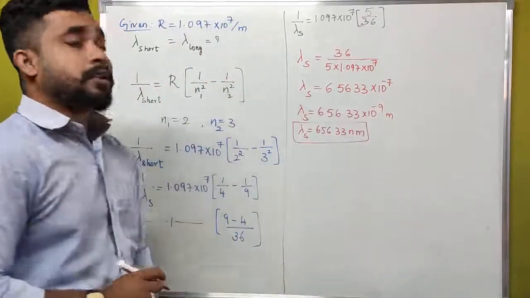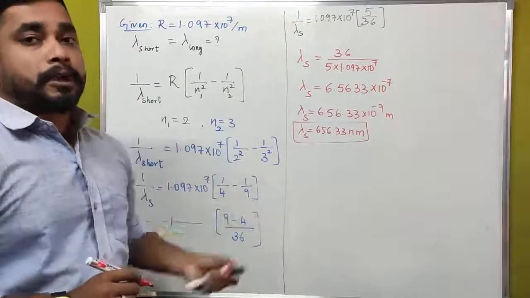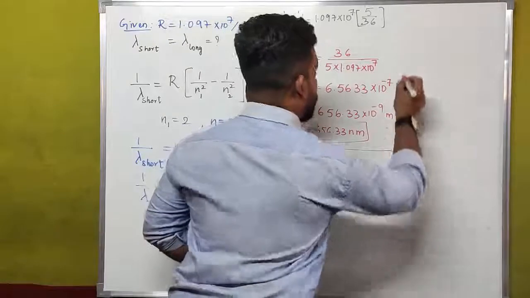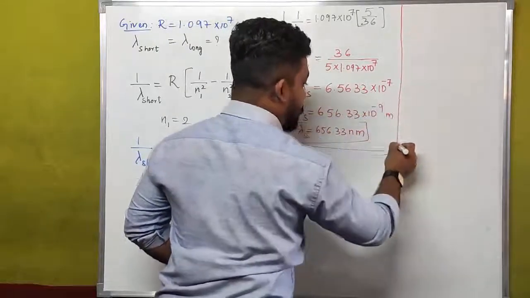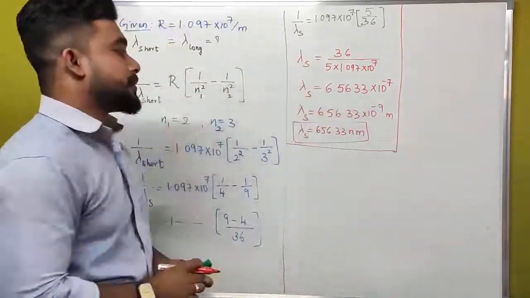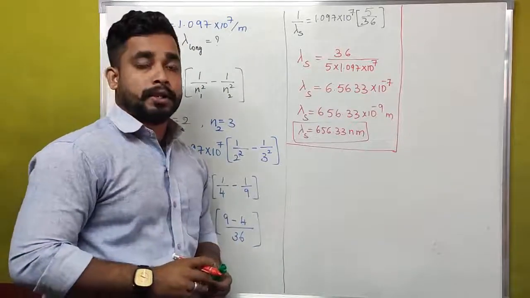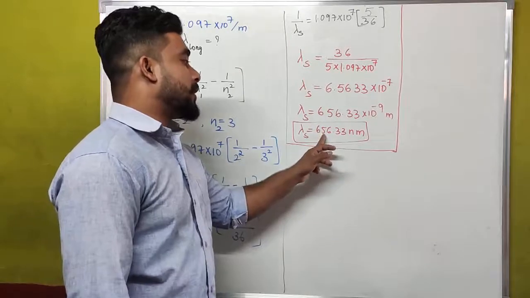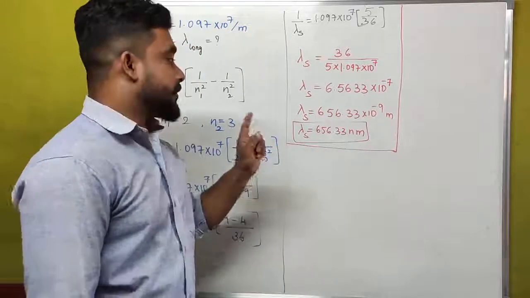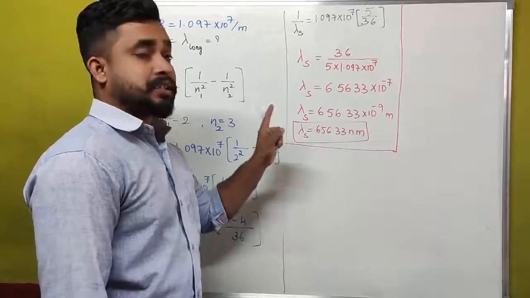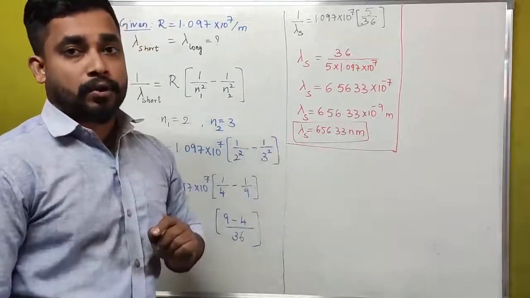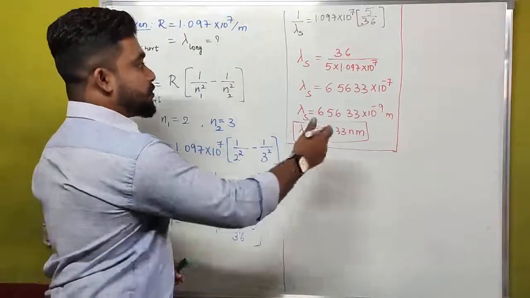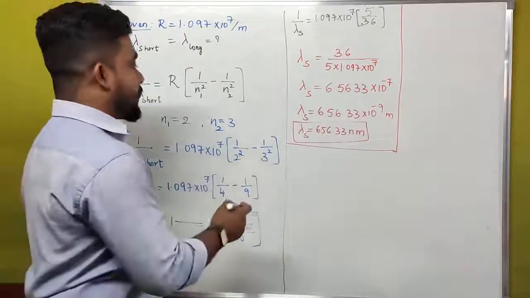Actually, this is the shortest wavelength of the Balmer series in the hydrogen atom. In case of a hydrogen atom, the shortest wavelength is 656.33 nanometer, or we can consider this as 6563.3 Angstrom. What is the meaning of Angstrom? That is 10 to the power of minus 10. You should know all these concepts. Next, what is the